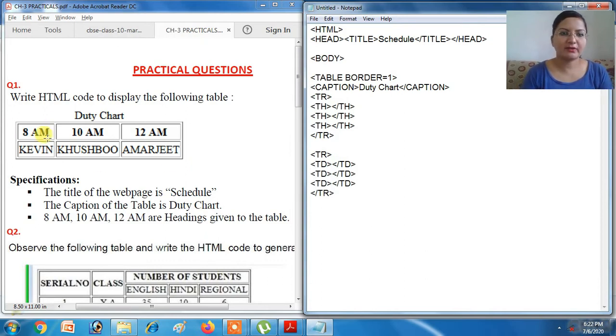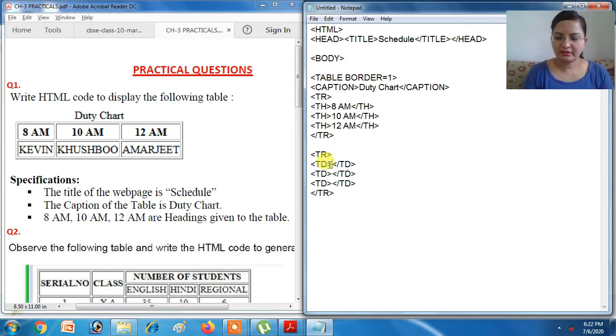TD tags. Now in the first TH in the first row it is written 8 AM, here 10 AM and 12 AM respectively. So same way you have to write 8 AM, 10 AM and 12 AM.